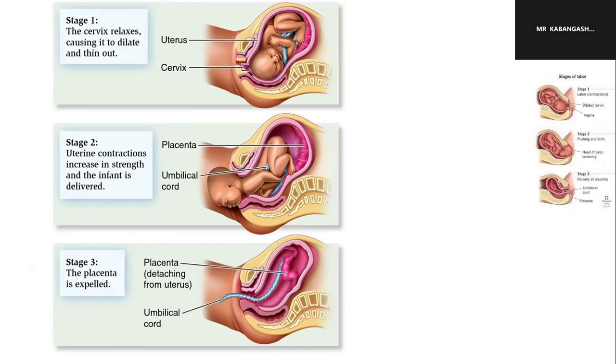So first things first, we must start with aims, or what you can call objectives. So number one, you can look at monitoring the progress of labor. So monitor the progress of labor. At the same time, you are trying to prevent any complications that may arise. So to prevent